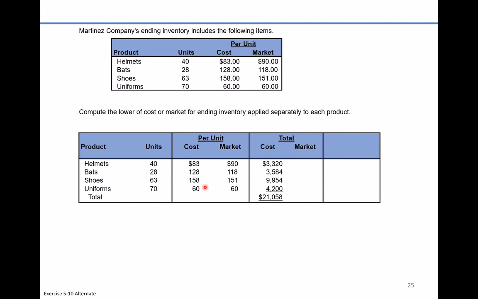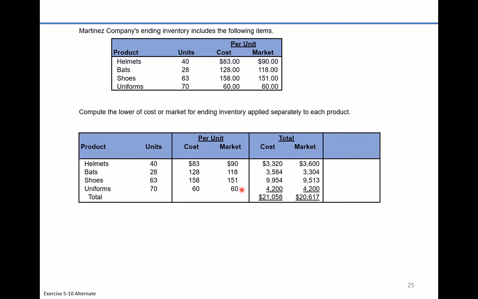Now let's go back and take a look at the market. So with market, 40 times 90, 28 times 118, 63 times 151, 70 times 60, so no change between cost and market for the uniforms. That all totals up to 20,617. Well, we're going to have to go into each type of inventory and we're going to apply for that specific type of inventory